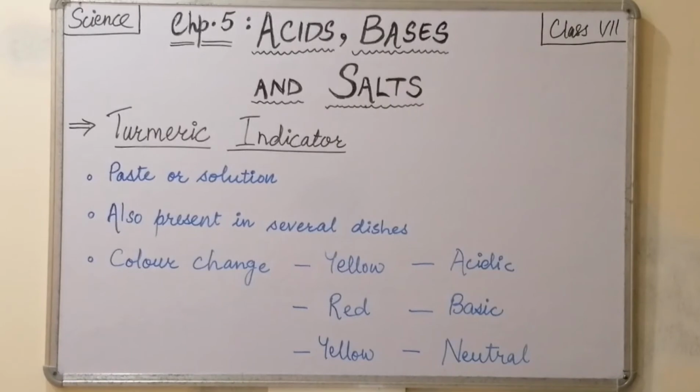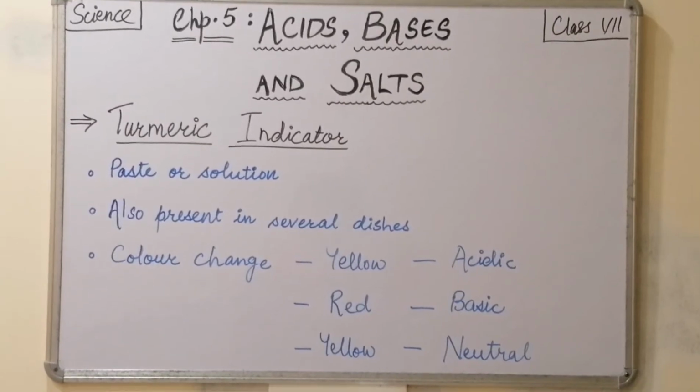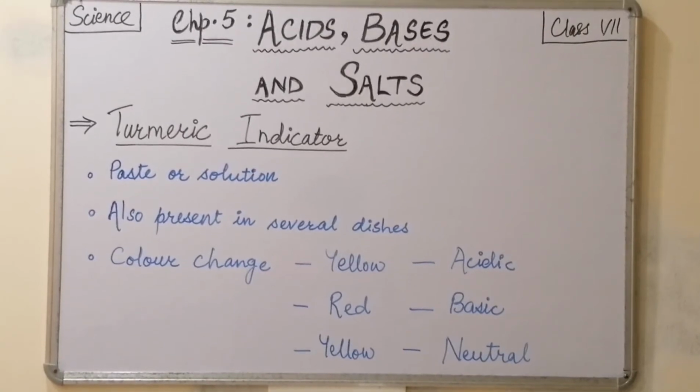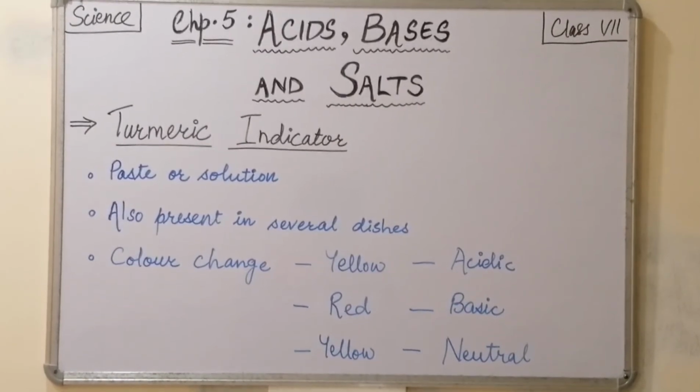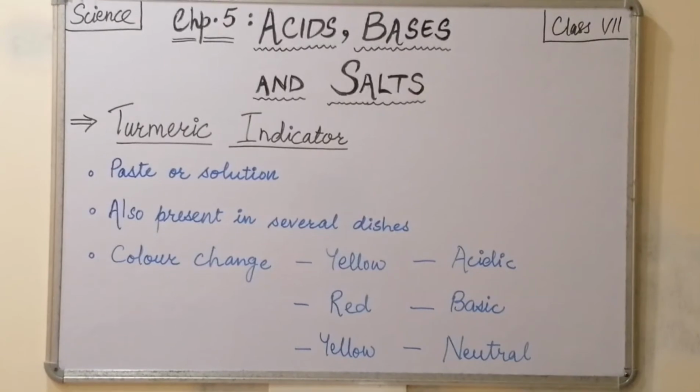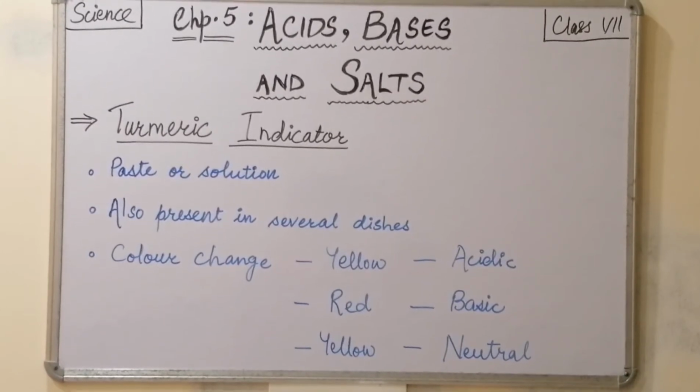So this is a simple way of using this indicator, or we can simply do this experiment at home with a rough cloth. On this cloth we can have some stains of food particles, or you can say some haldi stains or turmeric stains, on which we can pour some detergent solution, and on others we can pour some lemon solution or the lemon juice, and afterwards we will get the same results as we have got here.